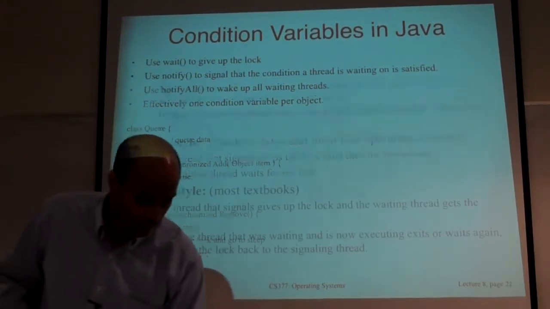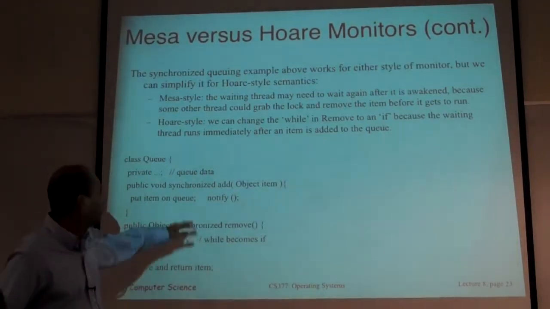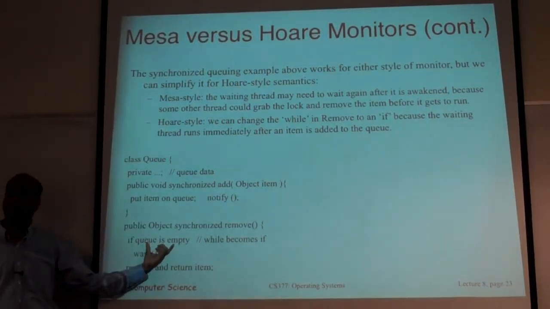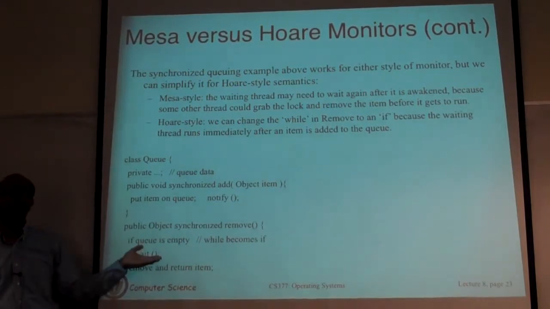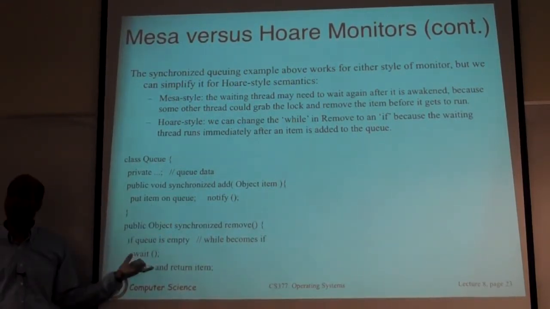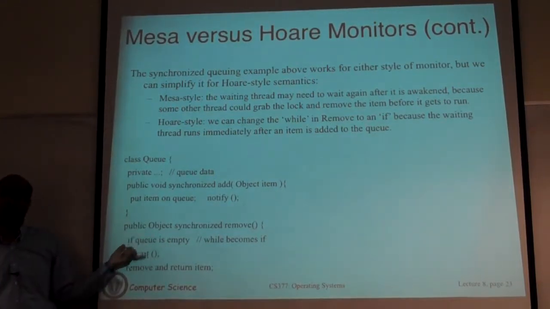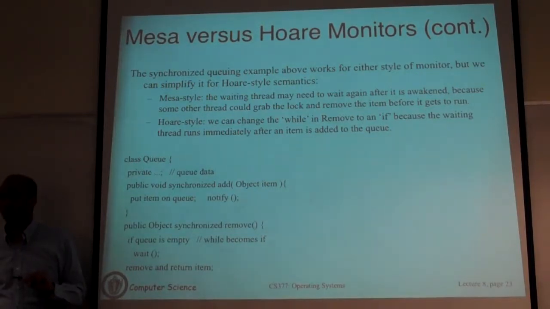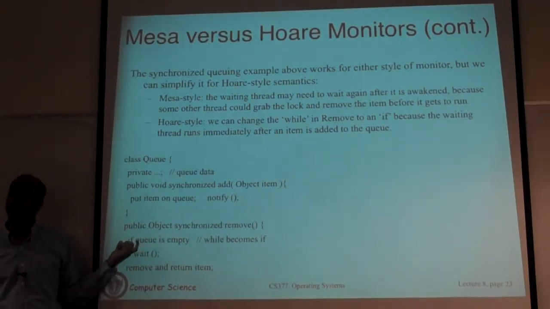In the Hoare-style monitor, you just put an item into the queue. You call notify and you transfer the control to a thread that was sleeping. So when this thread wakes up, it has the lock, and since you know explicitly that you are woken up, you know that there's already an object on the queue, so you just remove that object and you return. So you are guaranteed when you wake up here that there is something in the queue. So that's the reason you want if.